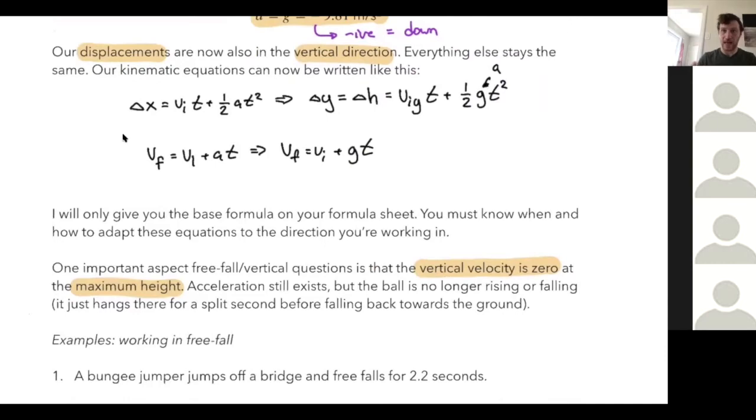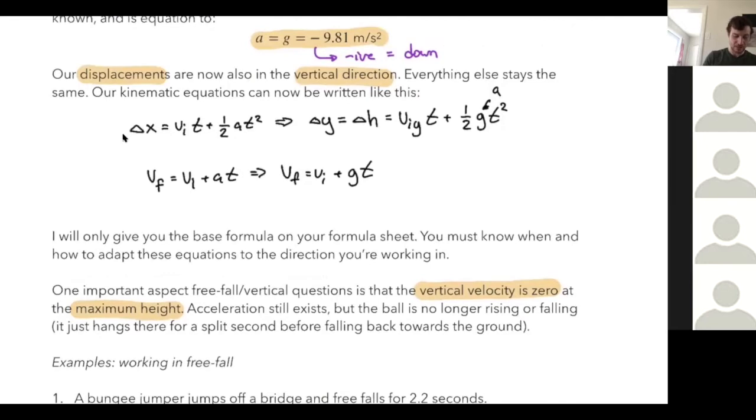The only other important aspect of a free fall question is that when you are at a maximum height, your velocity is zero. Your vertical velocity is zero. And what that means, if you think about me throwing this marker up, okay? I throw this marker up, it stops, and then it falls back down, right? Throw it up, down. If you do it right in front of you, you can see right at the top of the motion, this marker stops for a split second, okay? That means that the velocity there is zero in the y direction,